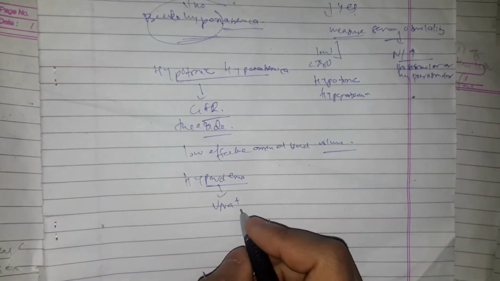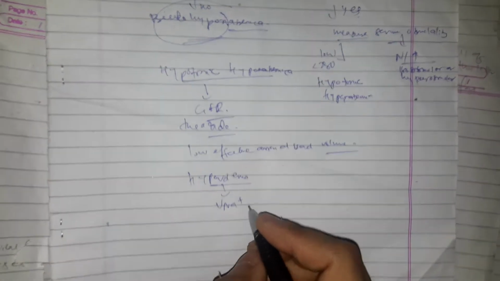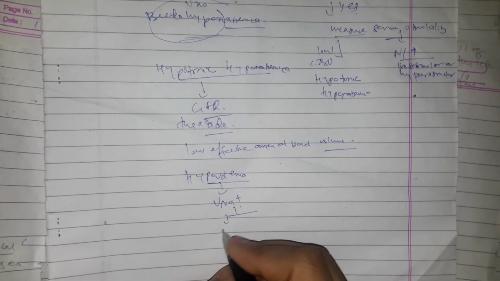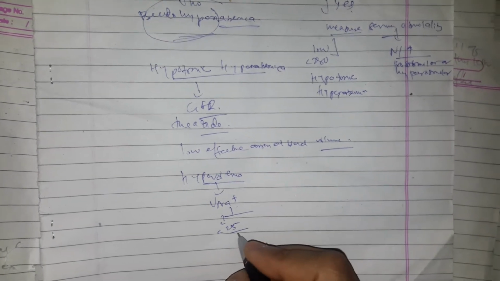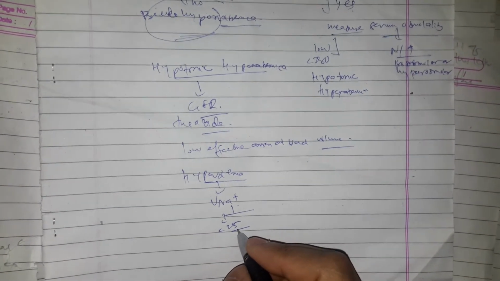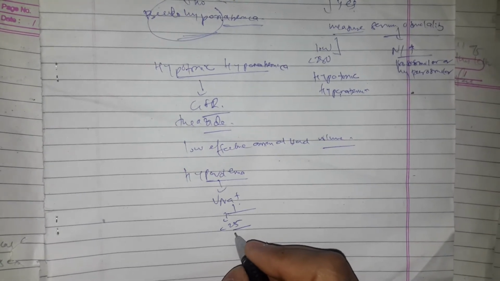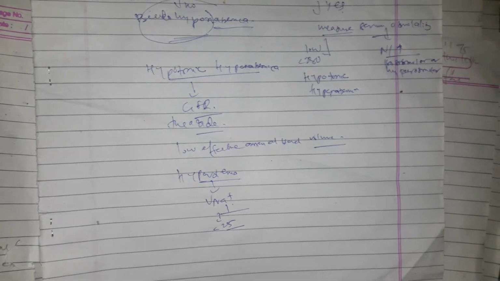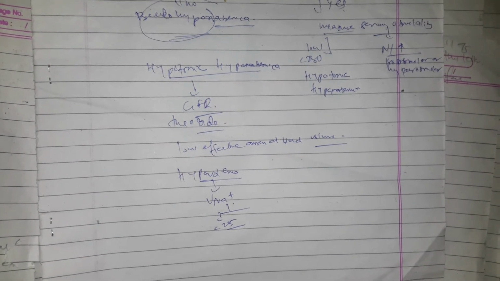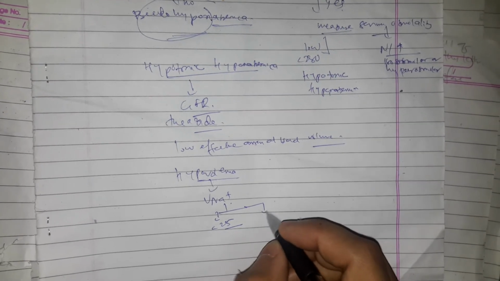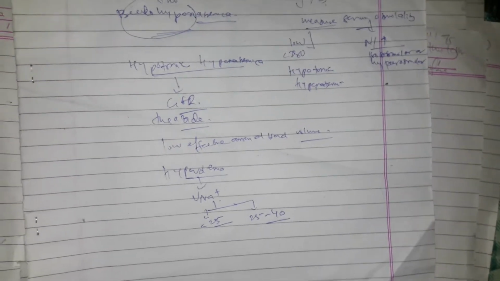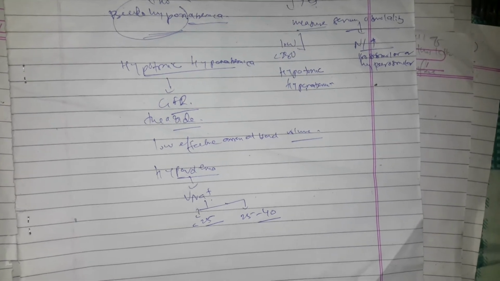And you have to see urine sodium, and if it is low, I mean less than 25 milliequivalent per liter, then it is hypovolemic hyponatremia, maybe due to extrarenal losses like gastrointestinal loss, third space loss, or use of diuretics. And if urine sodium falls between 25 and 40 milliequivalent per liter, then infuse isotonic saline 1 liter over 1 hour and remeasure urine sodium.